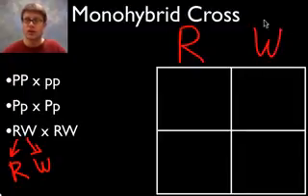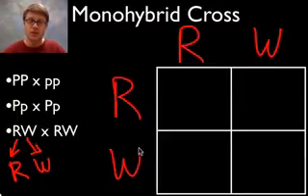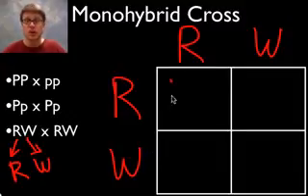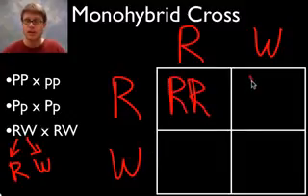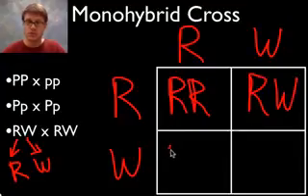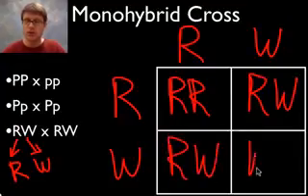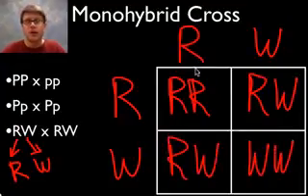So this would be the parent. This would be a 50% chance of giving the red, 50% chance of the white. And then the same thing on this side over here. So now if we fill in our Punnett square like that, what do we get for all the different choices? Well, now we have a 1 to 2 to 1 genotypic ratio, but we also have a 1 to 2